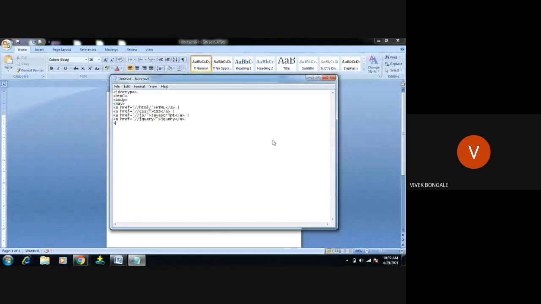Okay, these are the hyperlinks. These are the documents I want to display in my website. It is HTML, CSS, JS, jQuery. Right. After this, I'm going to close the navigator. What it shows, it becomes one container now. In that container, we are loading HTML file, CSS file, JavaScript file, and jQuery file. All four. Then close this body.